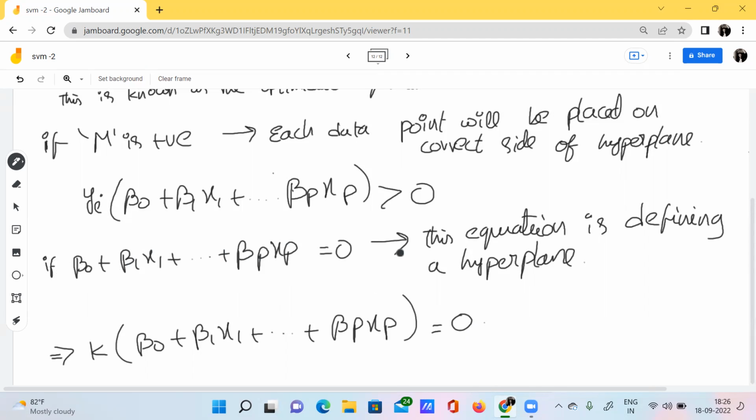If this entire expression is 0, then it actually implies that k of beta naught plus beta 1 x1 plus beta p xp is also 0, where k is not equal to 0.